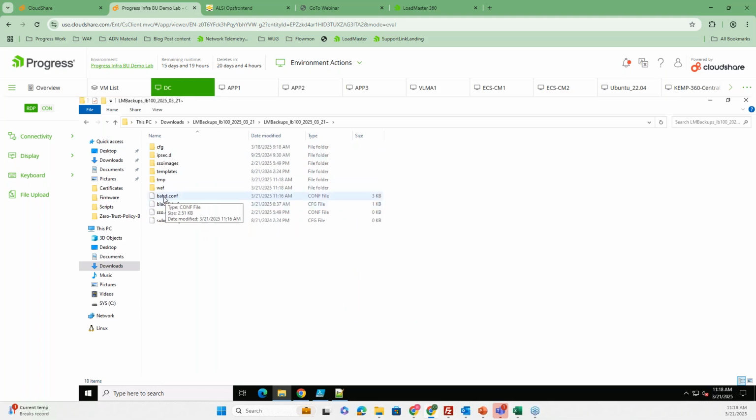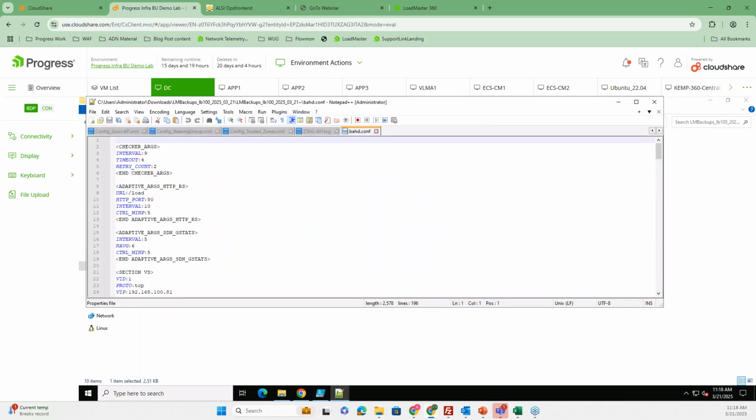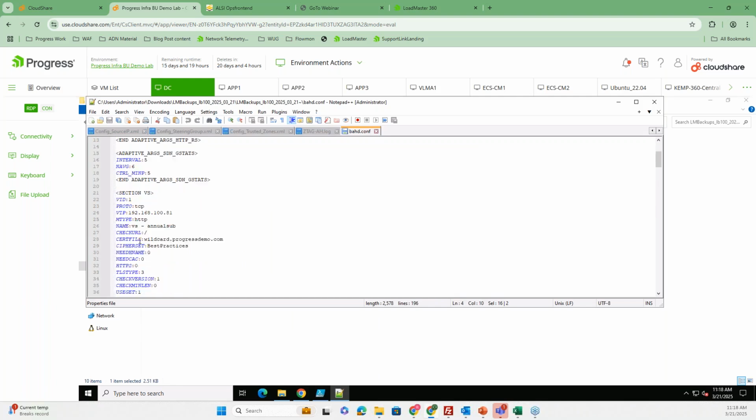And here in the BAHD conf, this is where you find all the information about your global check levels. And also here you see the virtual service, right, on AT1. So that's all in here.